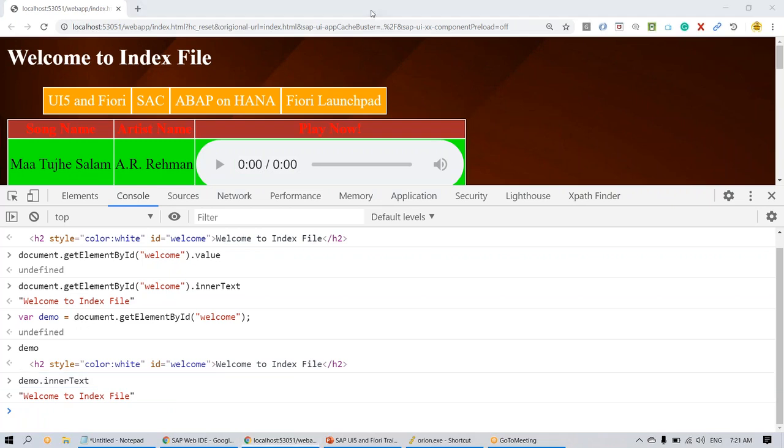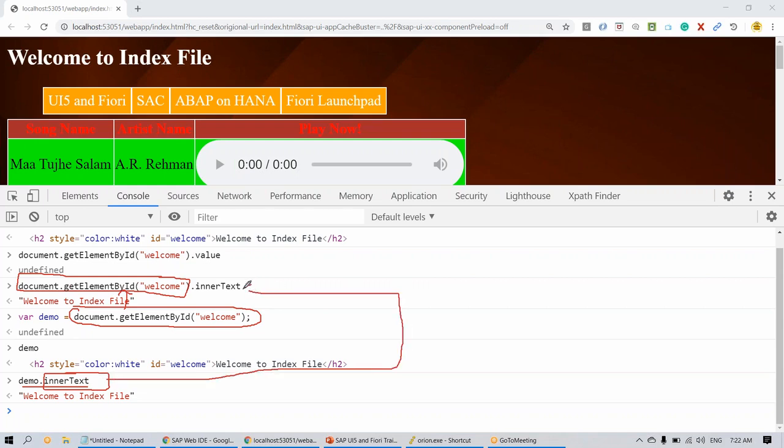So last time what I did was a one-step process for the same. First we got the object here. You see this is an exact match, and then later on the object we are doing innerText. So instead of that, we are doing innerText directly on that object here. Advantage is I don't need to create a variable separately. Like I created a demo variable, I don't have to do that if I follow the above syntax. This is just a different syntax. This concept, where you call an object and its property directly,